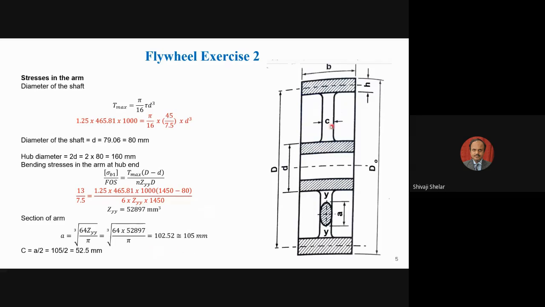And this minor axis is C, that is this length. Minor axis for elliptical arm is normally half the major axis. So C is equal to A by 2. So we can take C equal to 52.5 mm. So this is the geometry required for the arm. We require 6 arms here, having elliptical cross section, having major axis length 105 mm and minor axis length 52.5 mm. So the design of the arm is completed.